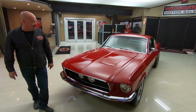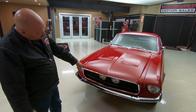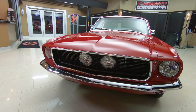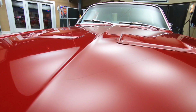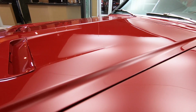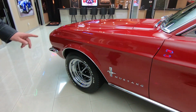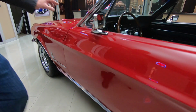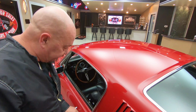So check this beauty out, man. She is sharp. Paint's looking good, chrome's looking great. GT500 driving lights in the grille looking awesome. The car is amazing. The restoration on it is over the top. Like I said earlier, custom suspension underneath it. Beautiful driver. All the lines are lining up good. Looks like it's got brand new Magnums on it, brand new tires. Emblems look good, rocker molding looks great, all the stainless looks good, paint work on the roof is looking sweet,